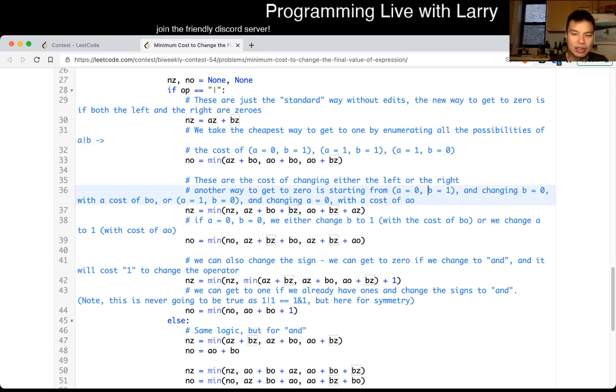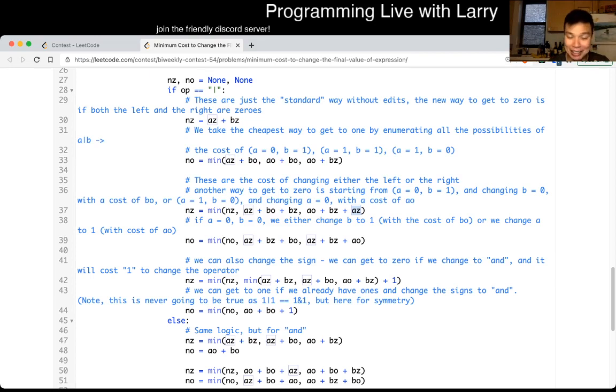So you have to change all the things there to get to 1, right? Because if you have to change every number on the B side, this is going to be the cost. Conversely, if A is 1 and B is 0, then it costs A of 0 to change it to 0. That's basically the idea. I don't know if I'm going through the explanation really correctly, but